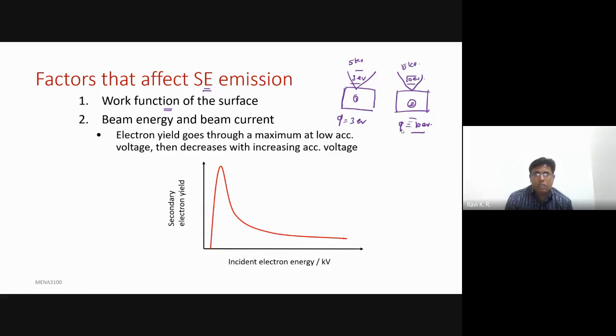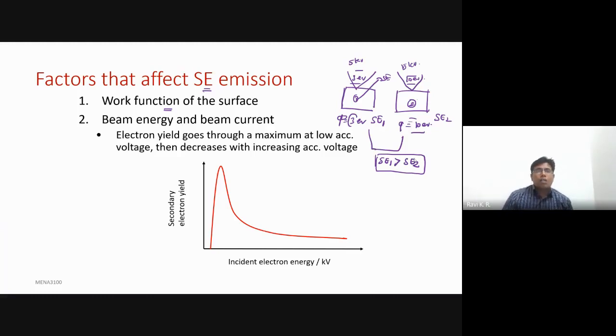Yes, because you have a work function, it means it's a barrier. Here I have a smaller barrier. So you are going to get more secondary electrons here. In these two samples, SC1 is going to have more compared to SC2. Let's say the number of secondary electrons coming from here is SC1, and this is SC2. SC1 must be larger than SC2 because the barrier is actually smaller.